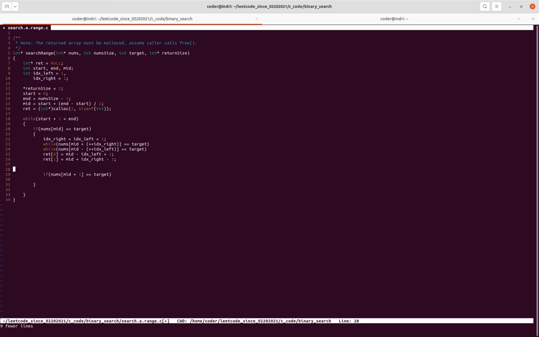Let me review the code. So again, if the mid equals target, we just search based on the mid element. We search left and right to get the same target and return it. Okay, return. Okay, else if numbers mid,